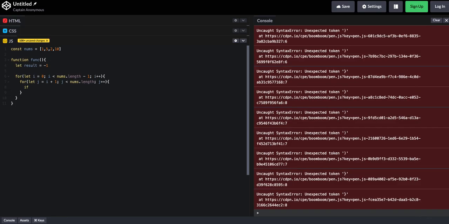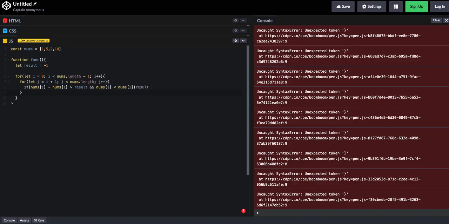Now we just need an if check. And we say if nums at j minus nums at i is greater than result, and if nums at j is greater than nums at i,